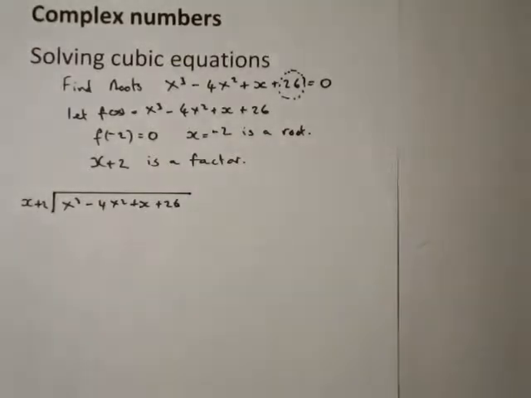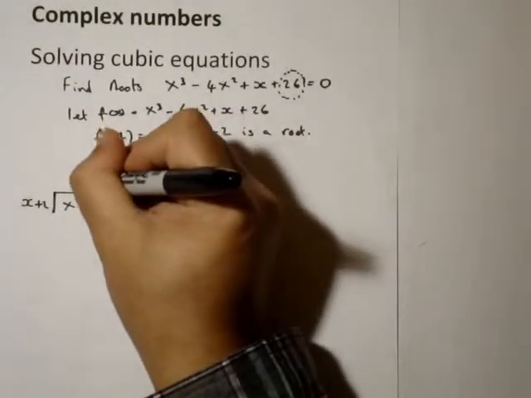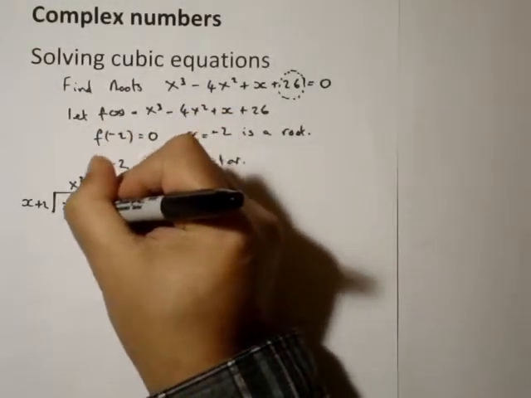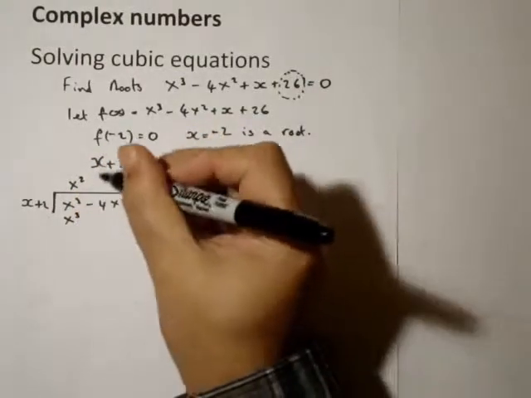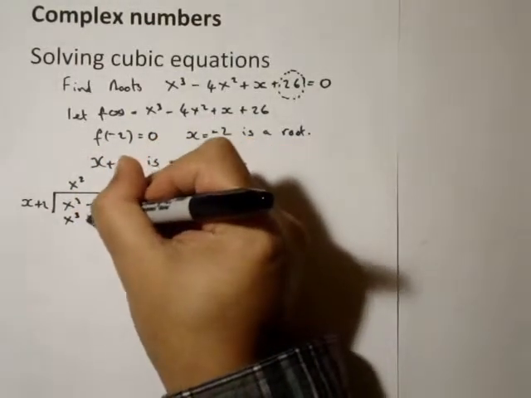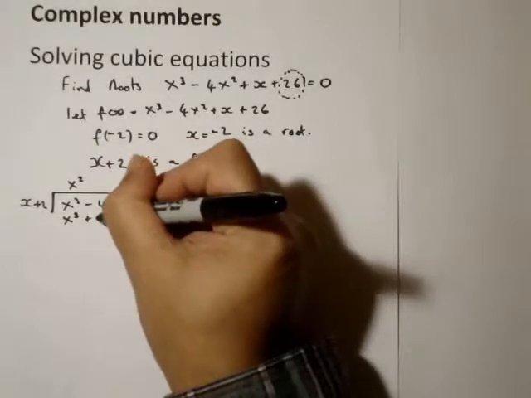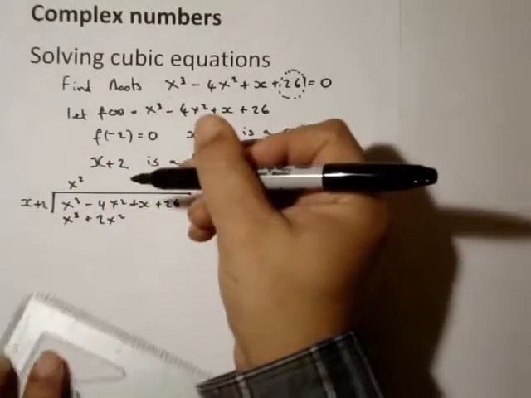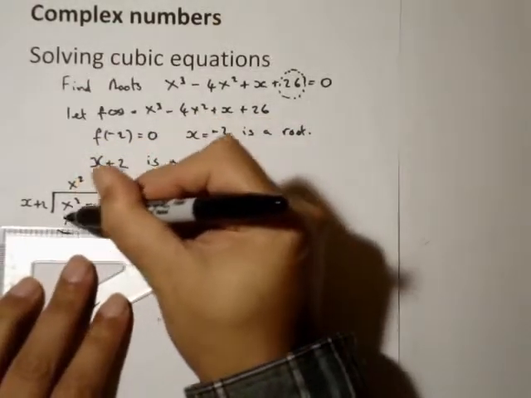So how many times does x go into x cubed? We get x squared, so that'll be x cubed plus 2x squared. So we subtract,